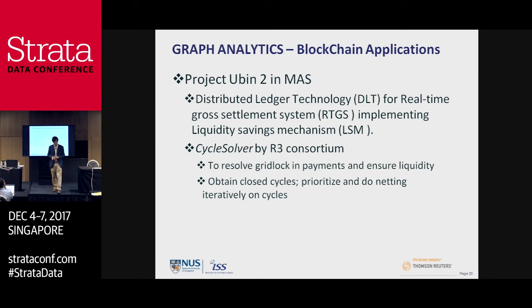Now, a few years ago was big data, and then now it's maybe AI, deep learning, and I think we all know that now a lot of people are talking about blockchain. That's also the reason why I thought that it would be more appealing to some of our guests here. Okay, so firstly, this is on Project Ubin 2, which is by MAS, the Monetary Authority of Singapore, right? And this Project Ubin 2